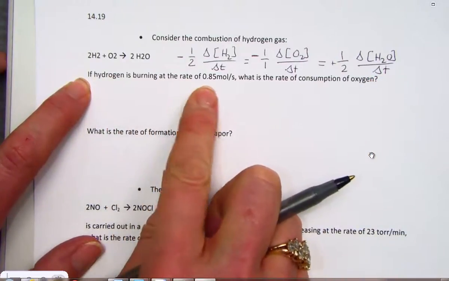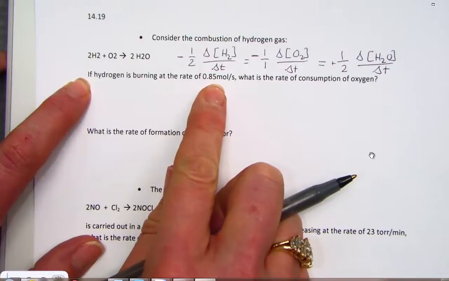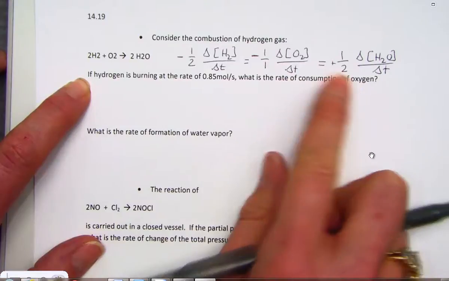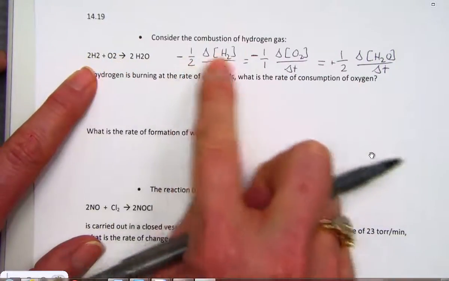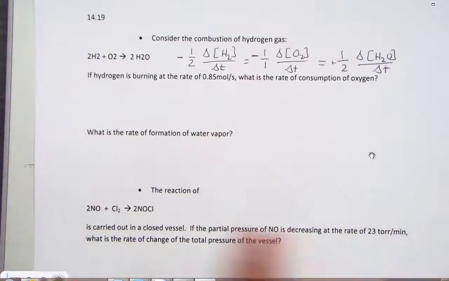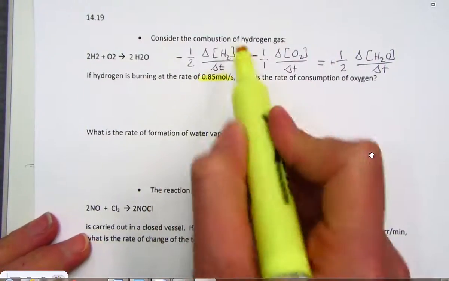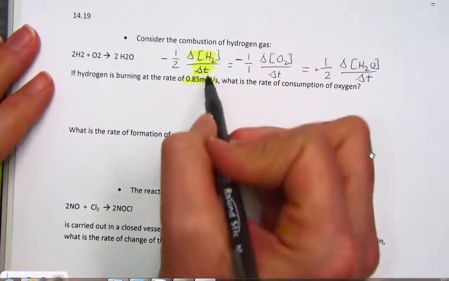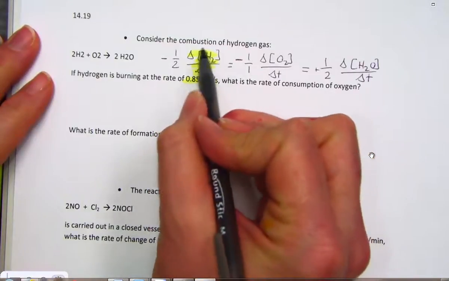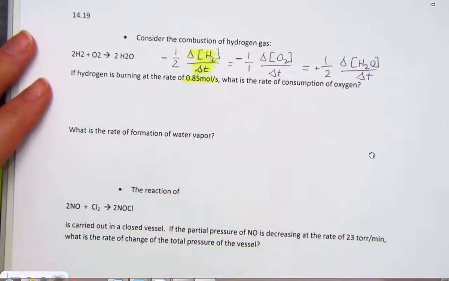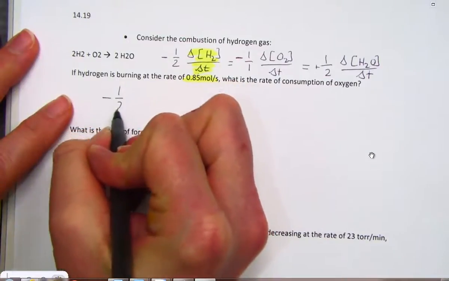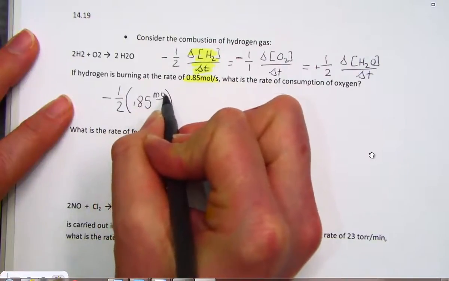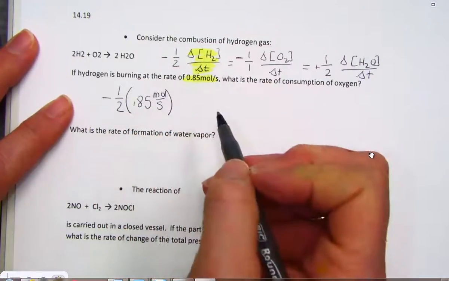Suppose hydrogen is burning at a rate of 0.85 moles per second. What is the rate of consumption of oxygen? So we're just comparing these two values, this expression right here. This 0.85 is this expression that we just wrote there. Those are equivalent values. So the 0.85 is telling us the rate at which the hydrogen is being consumed. Negative 1/2, and I'm going to plunk in this value of 0.85 mole per second. That's the rate at which hydrogen is disappearing,